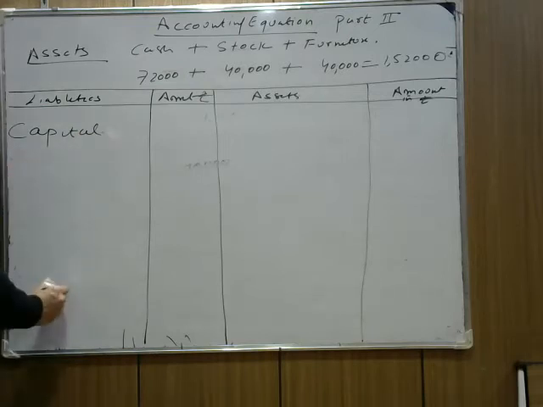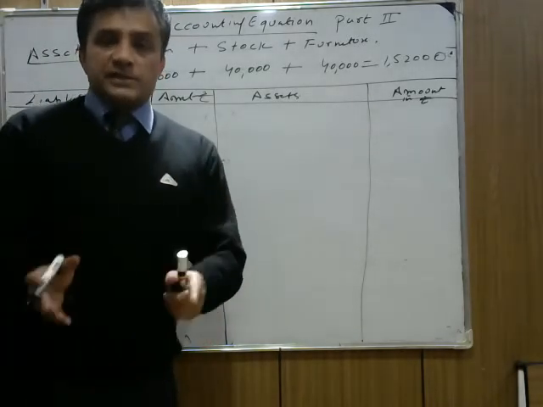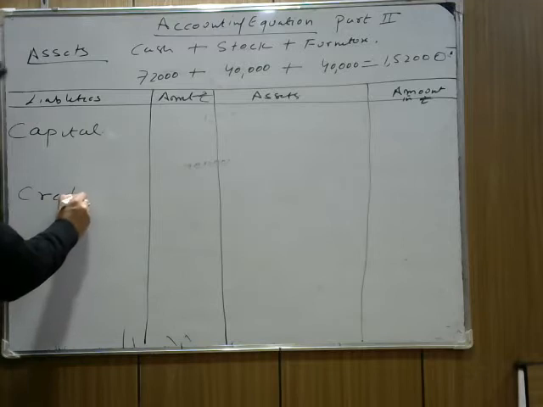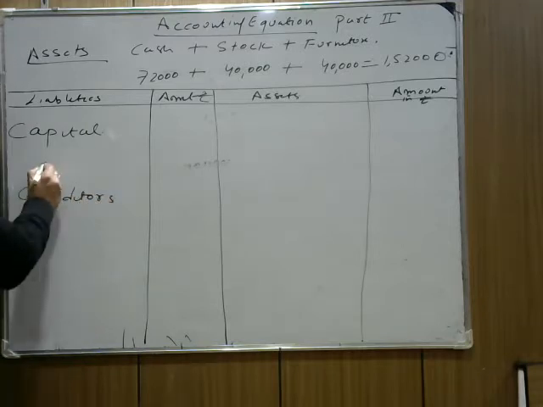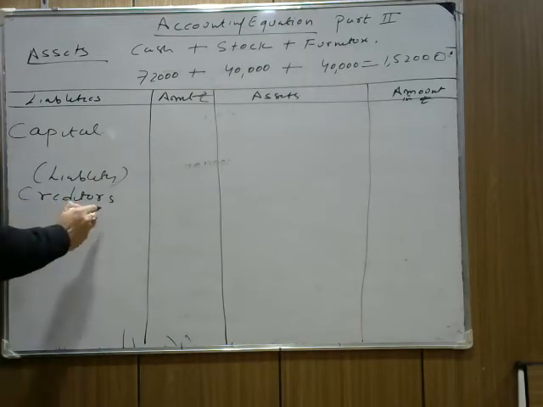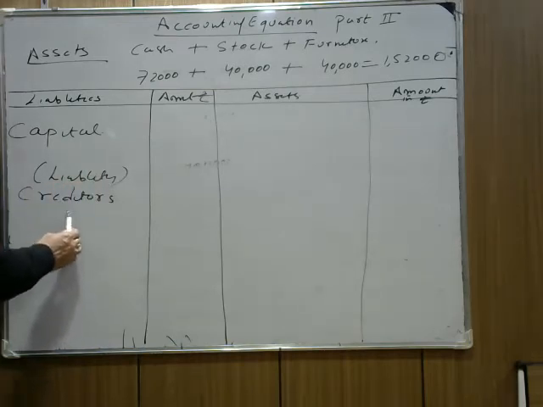current liability and non-current liability. I already taught you what is current liability and what is non-current liability. Then we write current liability and non-current liability. But here we write current liability. Which current liability is given in the question? Creditor is given. All the liability side items come into this particular side. So under liabilities we get creditor. We don't need to write liability over here. Whatever liability items are given, we need to write only those.